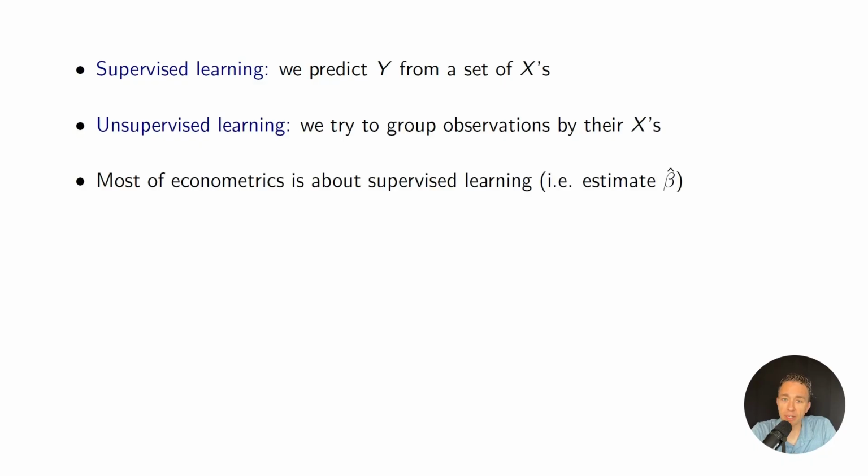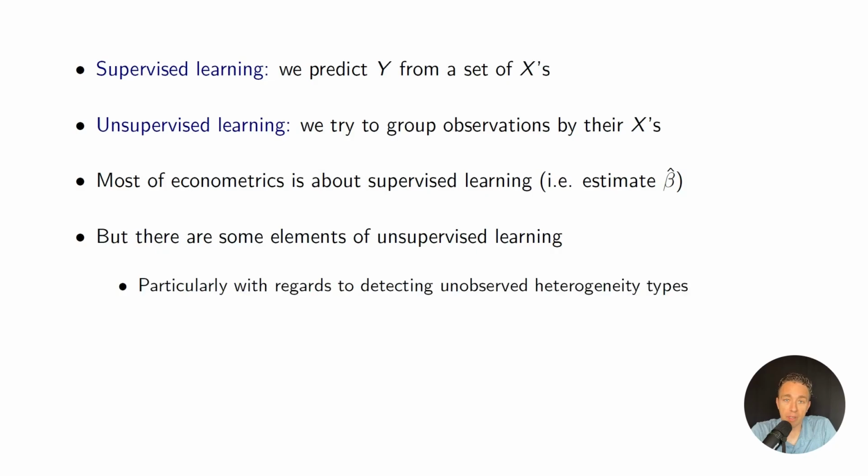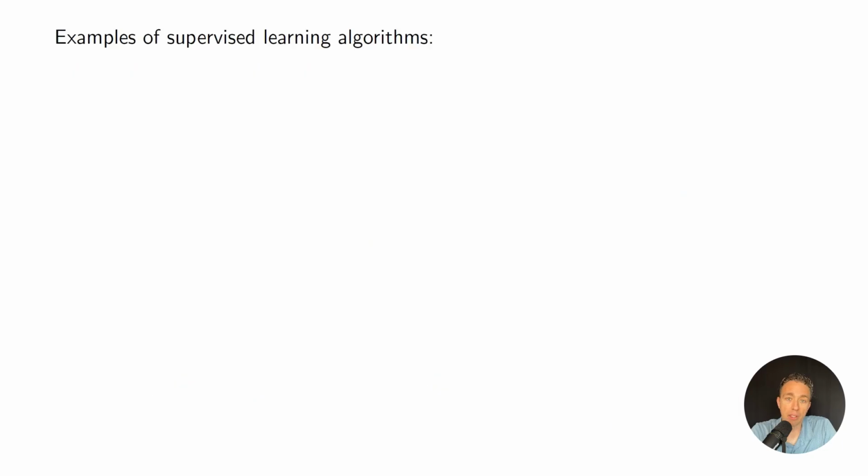And as we've talked about throughout the videos on this channel, econometrics is mainly concerning itself with supervised learning, but we do incorporate unsupervised learning from time to time, particularly when we want to think about unobserved heterogeneity types. So this is where factor analysis can be useful, as well as the EM algorithm. So now let's dig a little bit deeper in